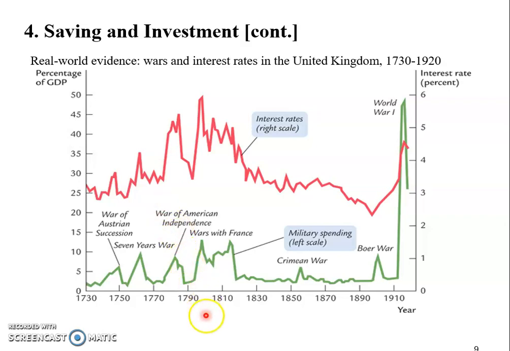And we look at the military spending because back then it accounted for a significant portion of British government spending. As you can see, for example, during the wars with France, the military spending accounted for about 14% of its GDP. So you could imagine this is really the primary component of overall government spending during wartime.